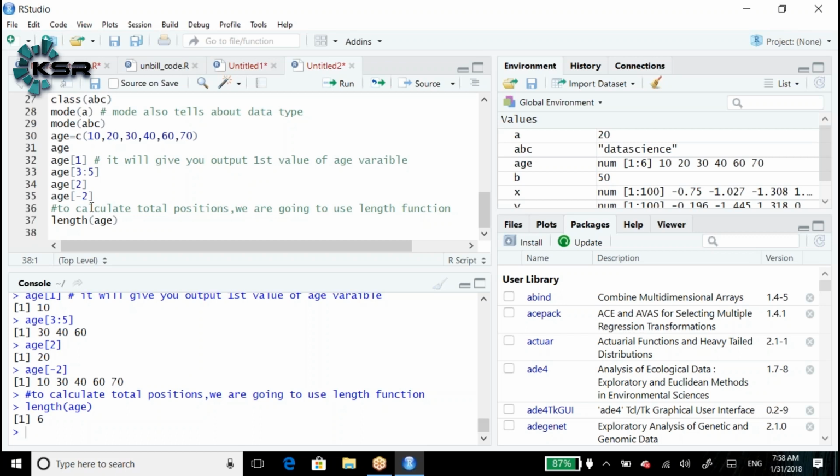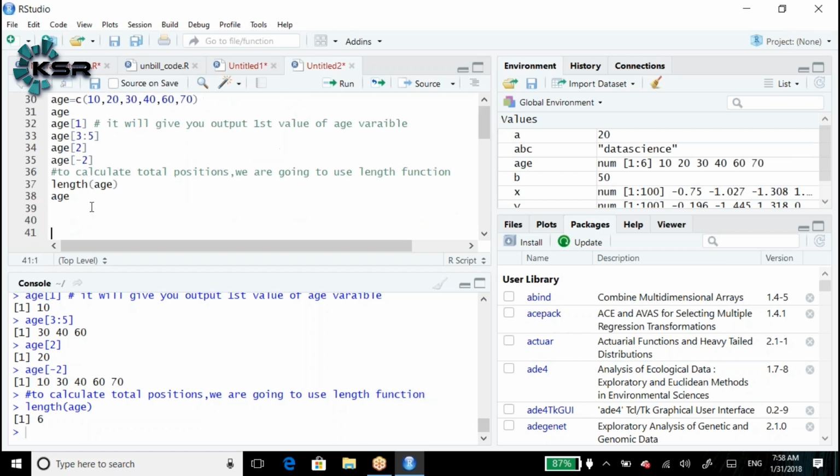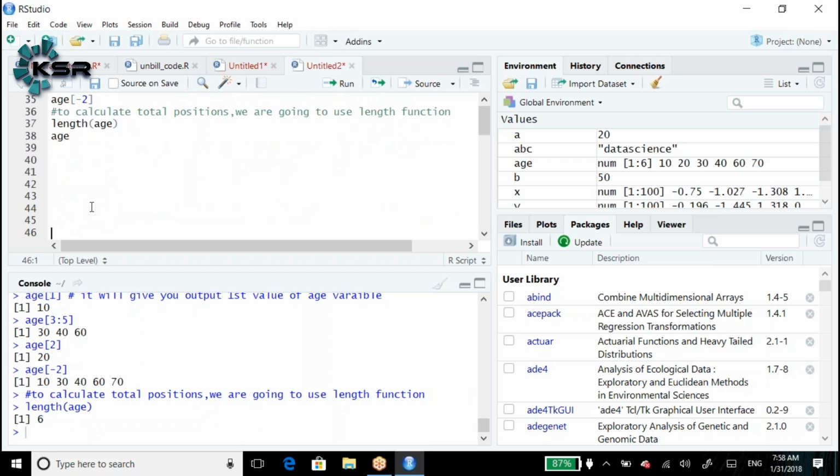Now, how many positions do we have? 6 positions. Let's say we are giving age of 6:8. What does it mean? As per the syntax, what is the output we are going to get? 6th position, 7th position, 8th position.